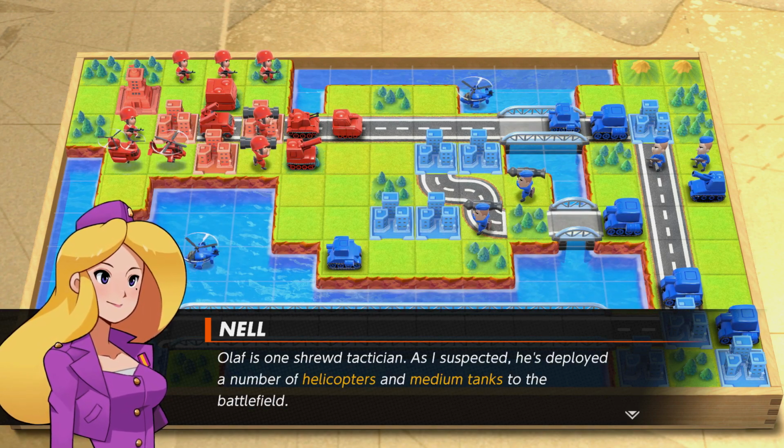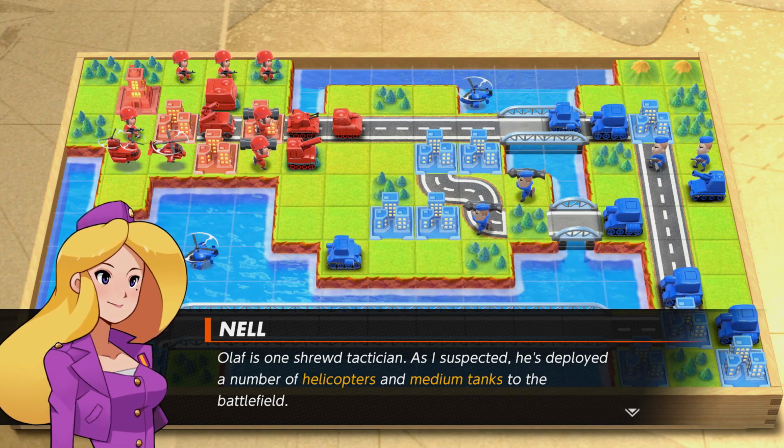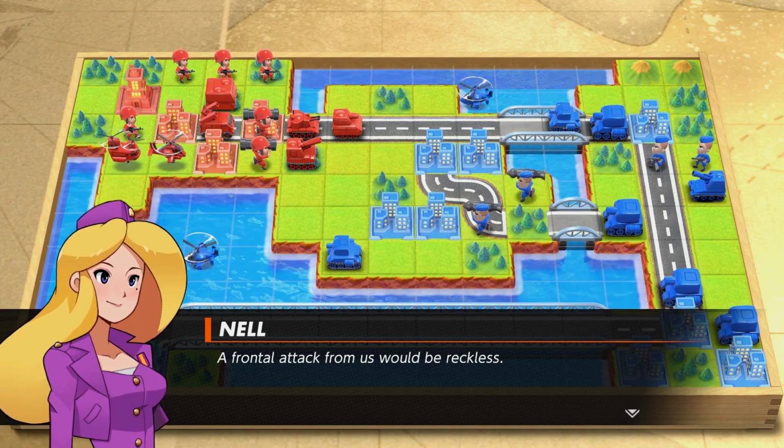I'm sorry, Nell never used the words Olaf and Shrewd Tactician in the same sentence. So he has helicopters and medium tanks. We saw a medium tank last time, but I didn't really fully go over it. But yeah, it's a little...